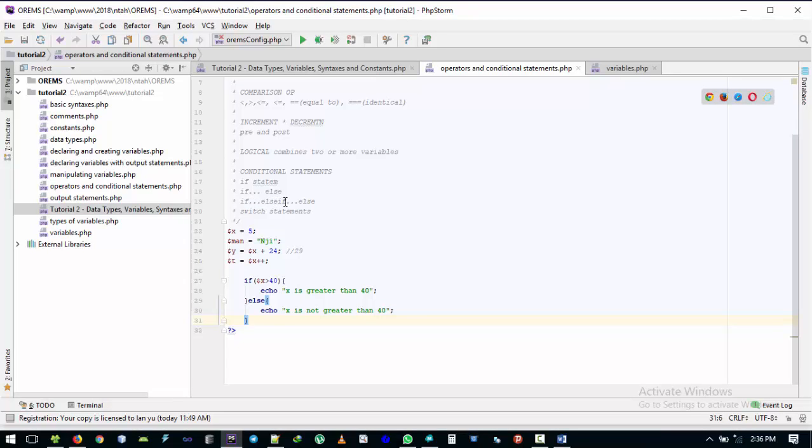Now the next one, else if. We use this else if to specify a new condition to test if the previous one is false. Now we are still dealing with this same example. If x is greater than 40, it should execute this. Remember, x is 5. Else, it verifies a new condition